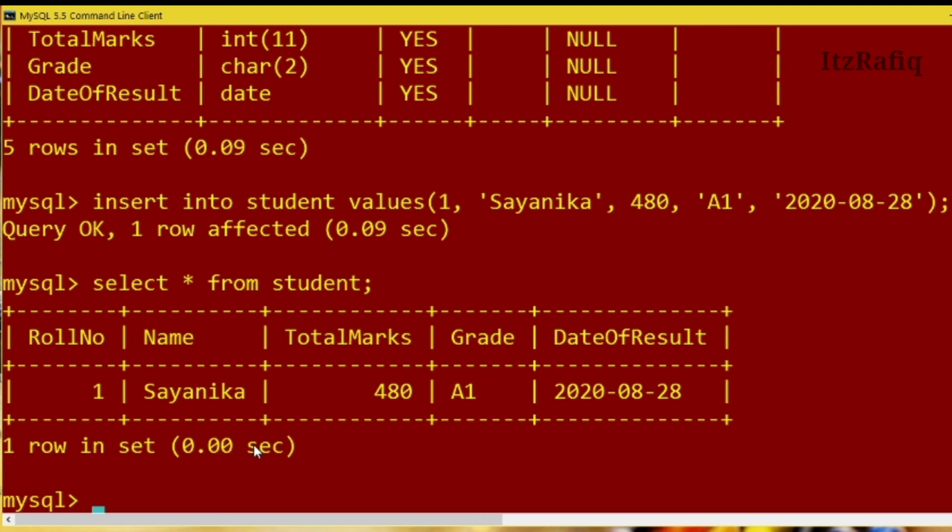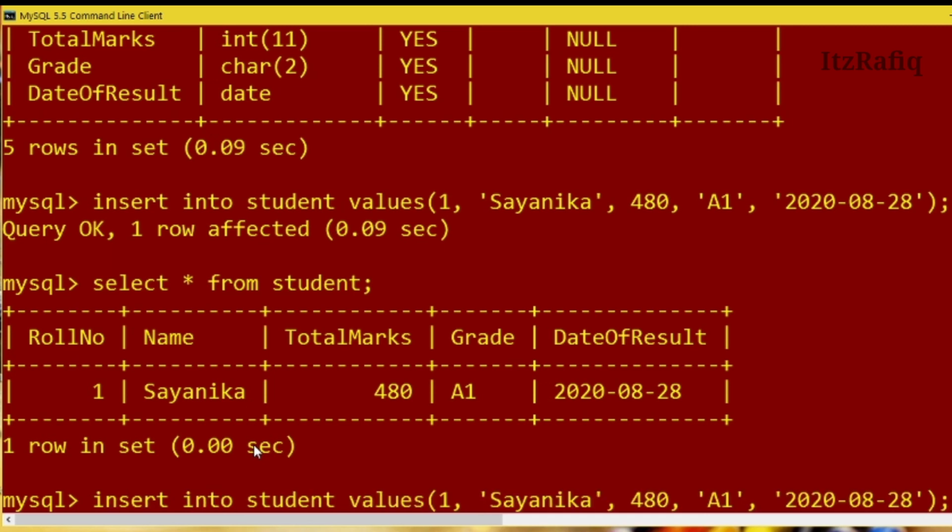Now if you want to add more values to the table, you can use the up arrow key on your computer. So here you will get your recent commands. From here you can edit the values. Suppose now I will put roll number 2. So delete 1, in place of 1 write 2.